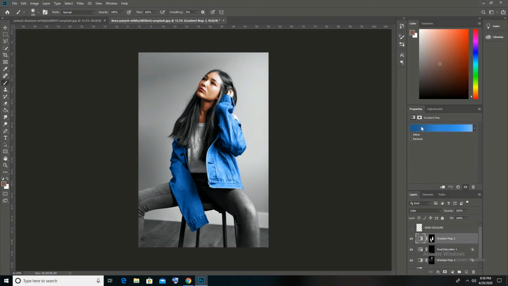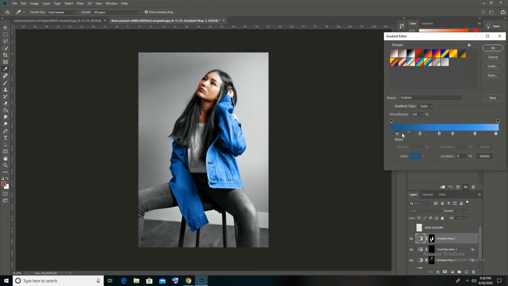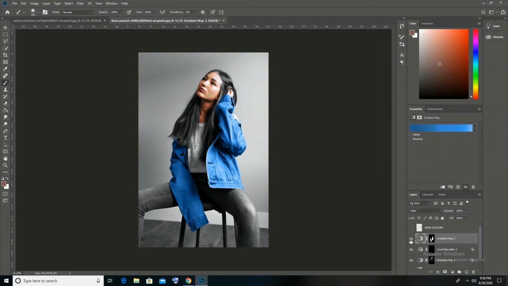And you can see the jacket. Now we again go to this panel and adjust the darkness and lightness, and you can see the effect. You can see the color.